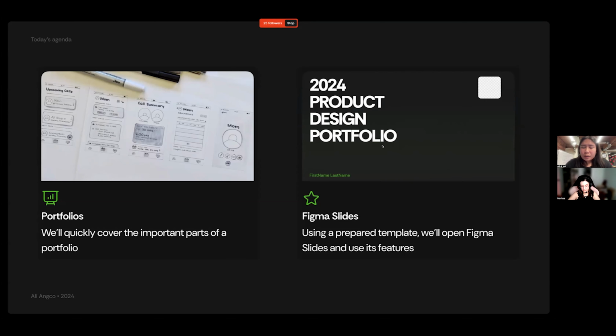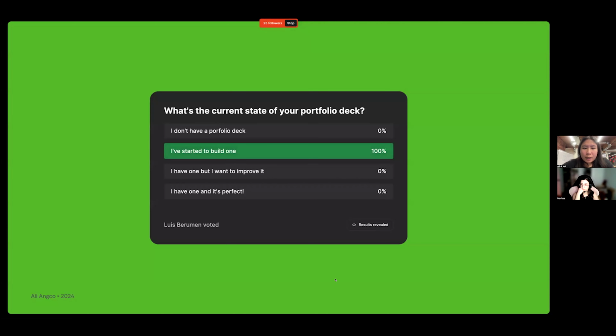So I'm just going to quickly talk about what should be in that deck. And then the second part of today is we're going to go through Figma Slides and getting used to the UI and all the other features. So today we're gonna do